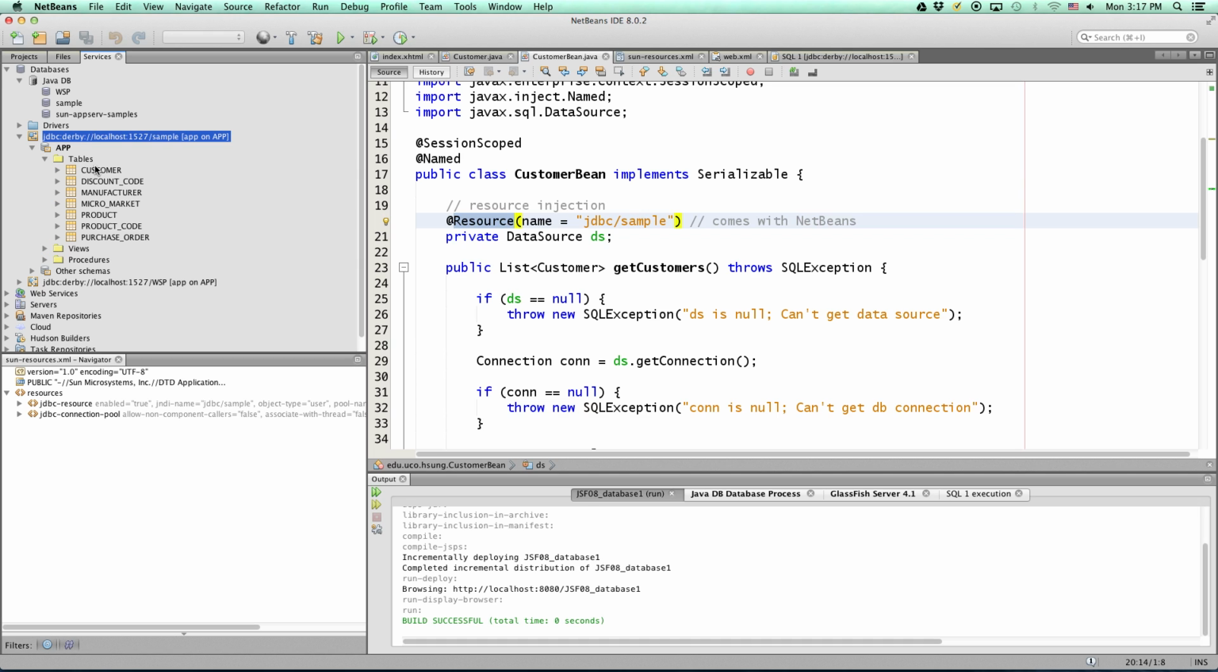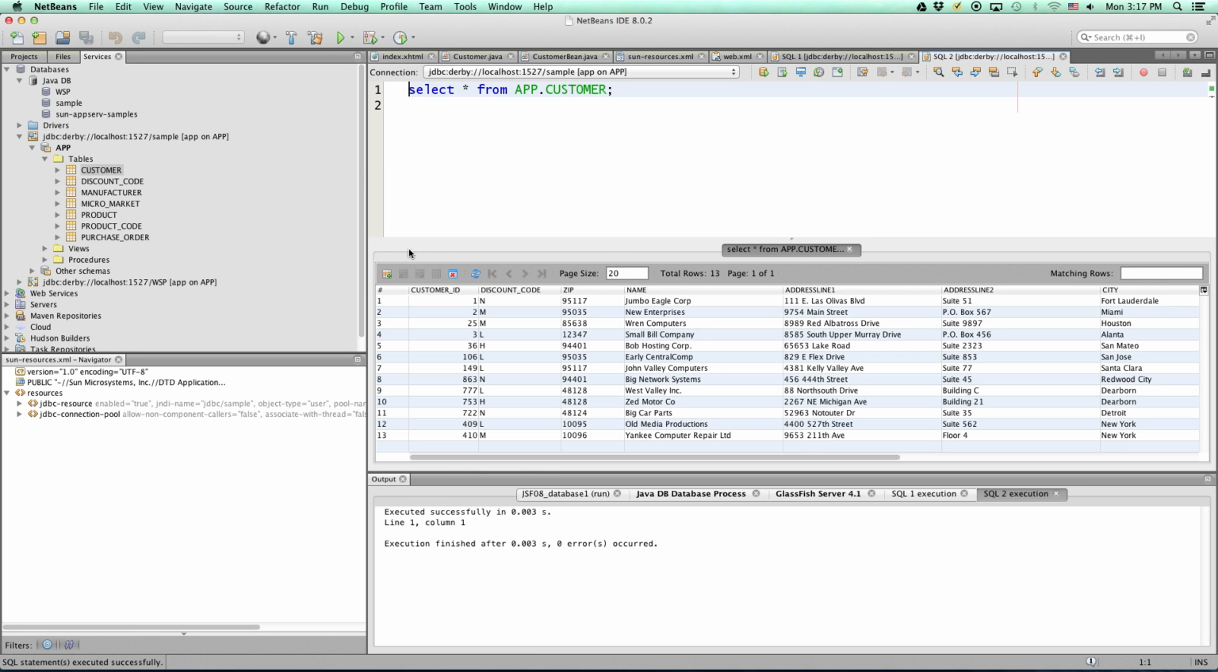Under the tables, the sample database provides several tables. One of the tables is a customer. If I select all records, the customer table has fields named customer ID, discount code, and so on. So we are going to show how to read this customer table, which is in the sample database, from JSF,